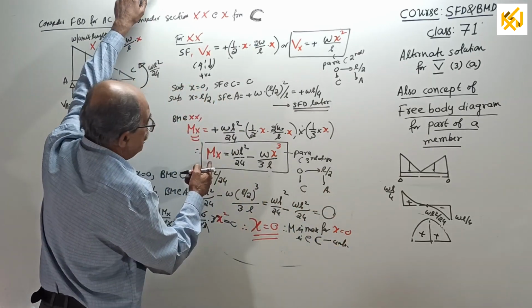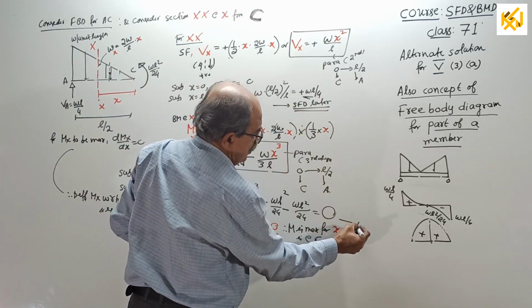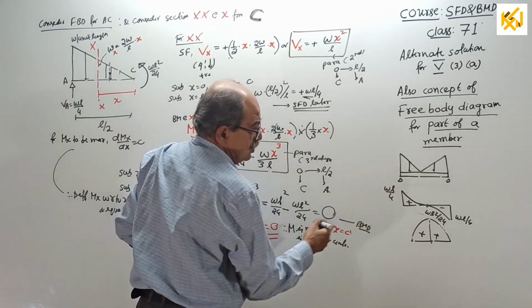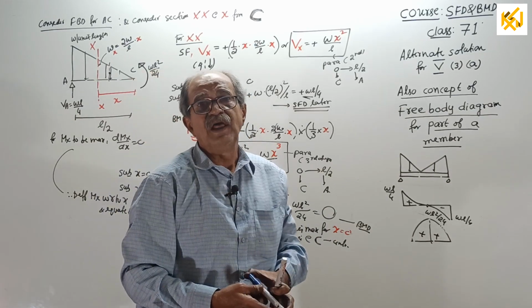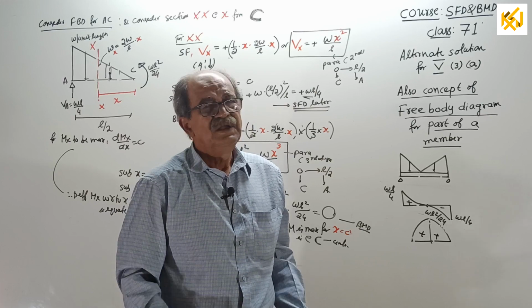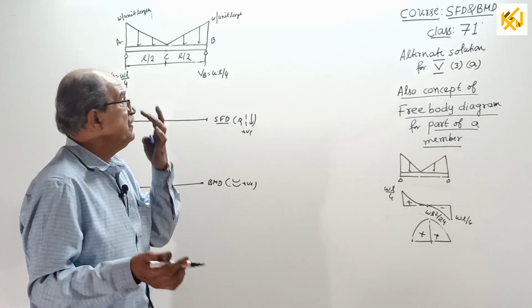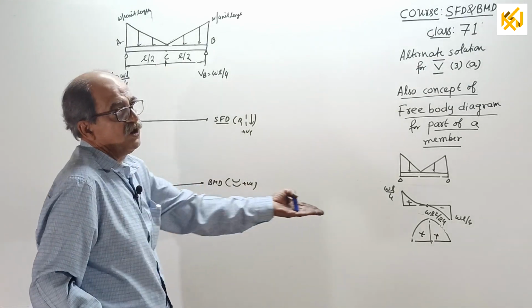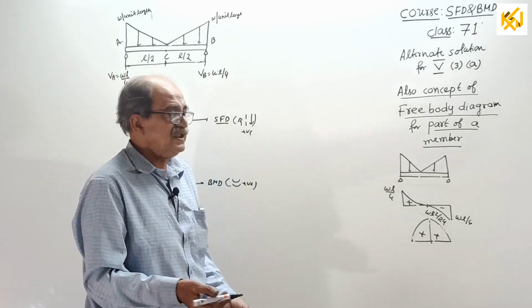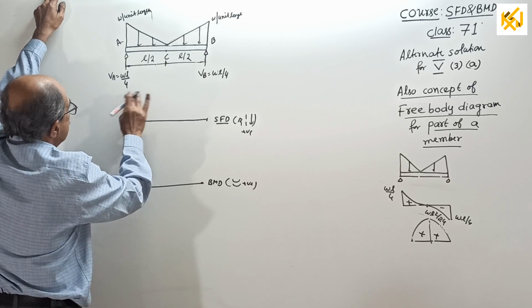Center BM you already got here. We already got it. Now you can go for the bending moment diagram. Actually, I can stop the class now because SFD and BMD were already drawn last time. Still, to complete, I will draw it. Now, lastly, SFD BMD. Actually, I already drew it last time, not required. Still, let us start. Shear force at A, we got WL by 4,